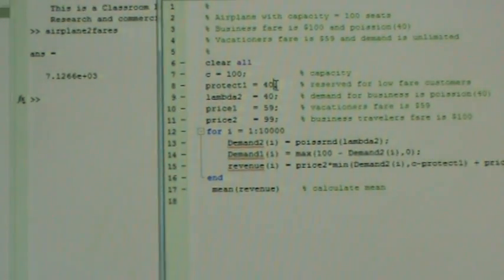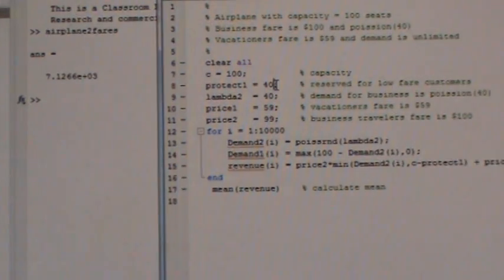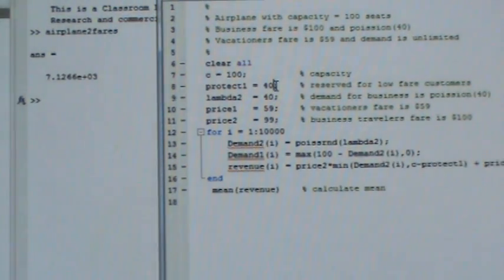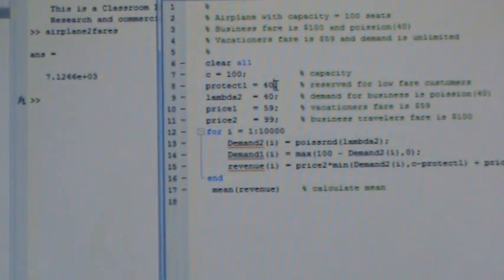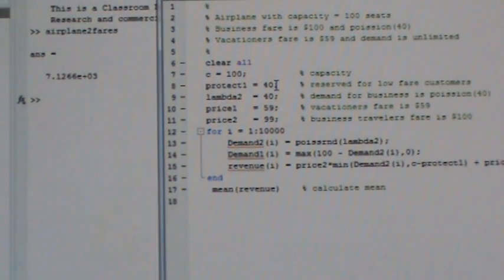Because the average is 40, so you know for sure that 40 people show up in the business class? Well, no, they average 40. It could be 35, could be 50, but it kind of averages 40. So if we protect 40 seats,